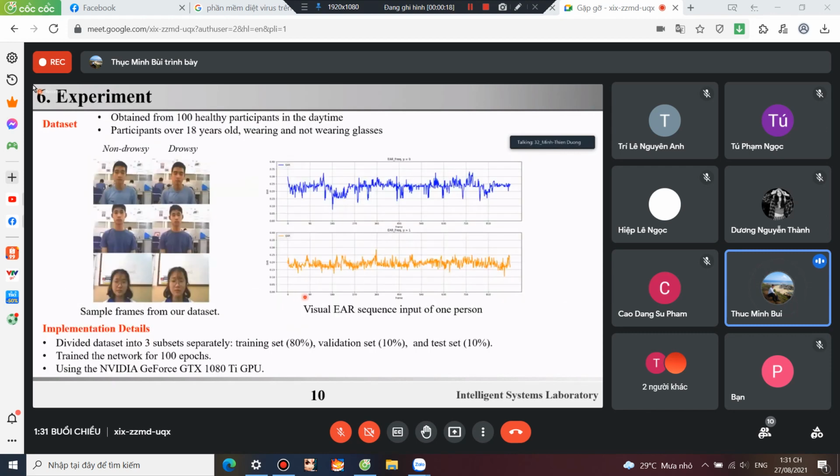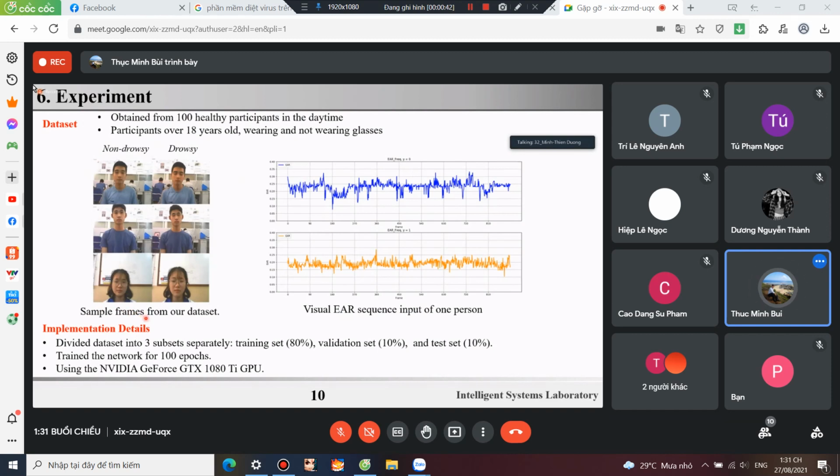So now we will move to the experiment. The first thing I will show you is our dataset. We obtained it from 100 healthy participants in the daytime. The participants were over 18 years old, wearing and not wearing glasses. The next one,